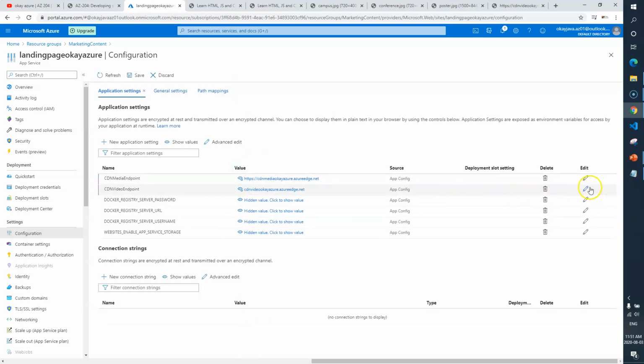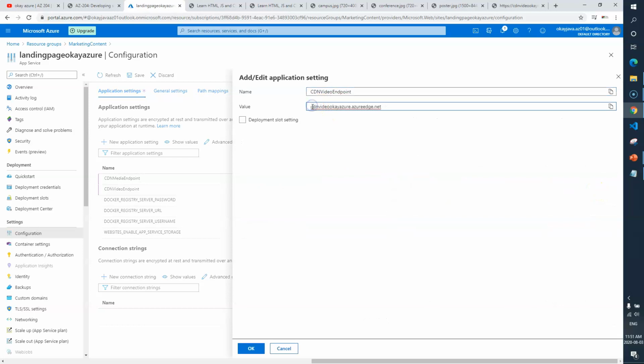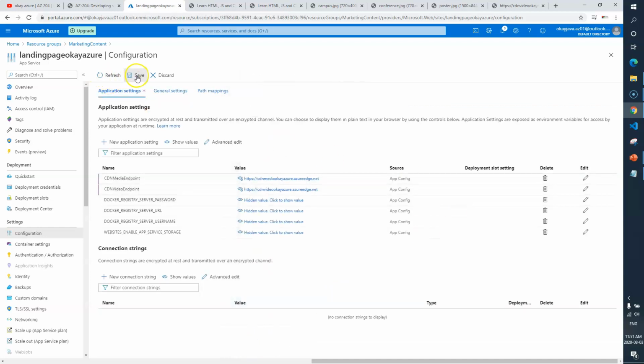HTTPS:// and save. We'll do the same here. HTTPS://, and click on save. Continue. So we have updated the endpoints, the CDN media endpoint, from the storage account to the CDN media URL.